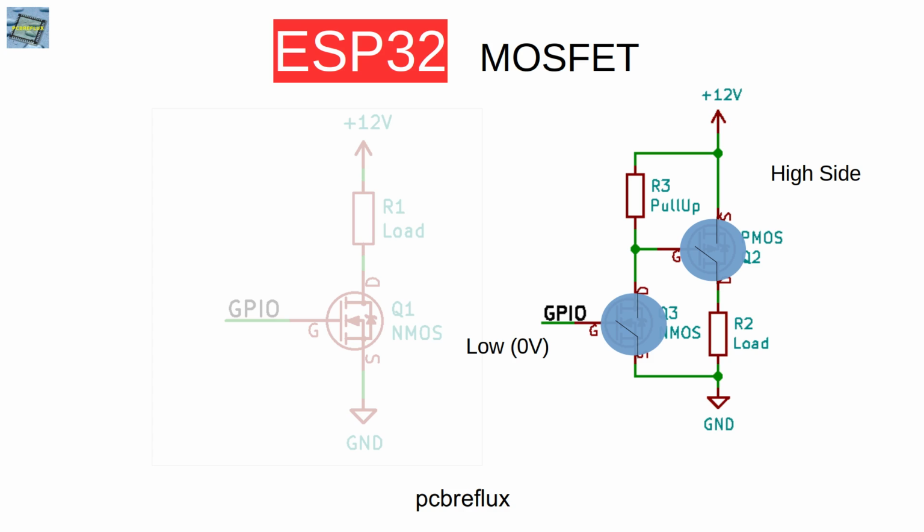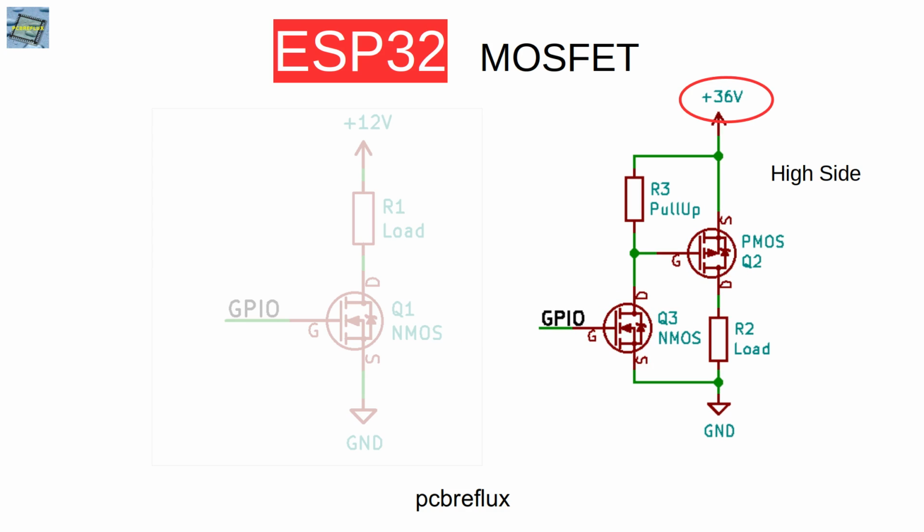And if we now switch the GPIO pin to 3.3 volt, our N-channel MOSFET conducts and pulls the gate of the P-channel MOSFET to ground, and the P-channel MOSFET is switched on and the current can flow through our load. And the same if we now again switch our GPIO pin to low, our P-channel MOSFET is switched off and everything works fine. So now let's raise in our example the voltage from 12 volt to 36 volt maybe, and